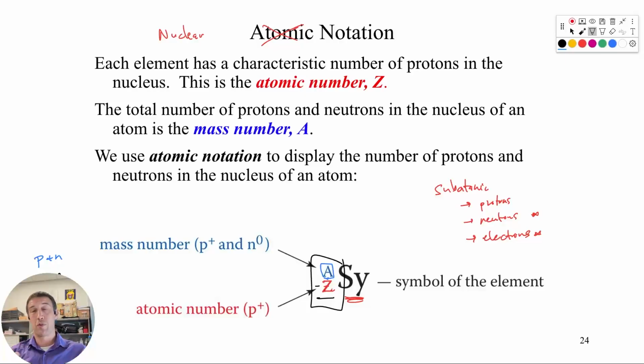The number of protons and neutrons in and of themselves doesn't give us explosion. It's actually the balance between them. So knowing both our protons and neutrons is going to be useful. If we put the mass number, our protons plus our neutrons, right in the upper left-hand corner, that can get